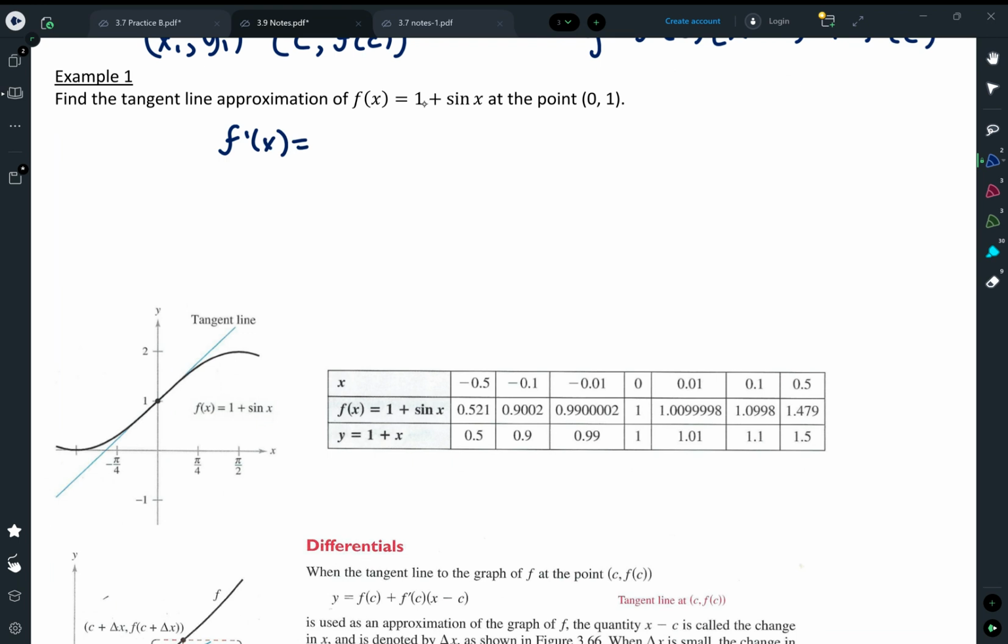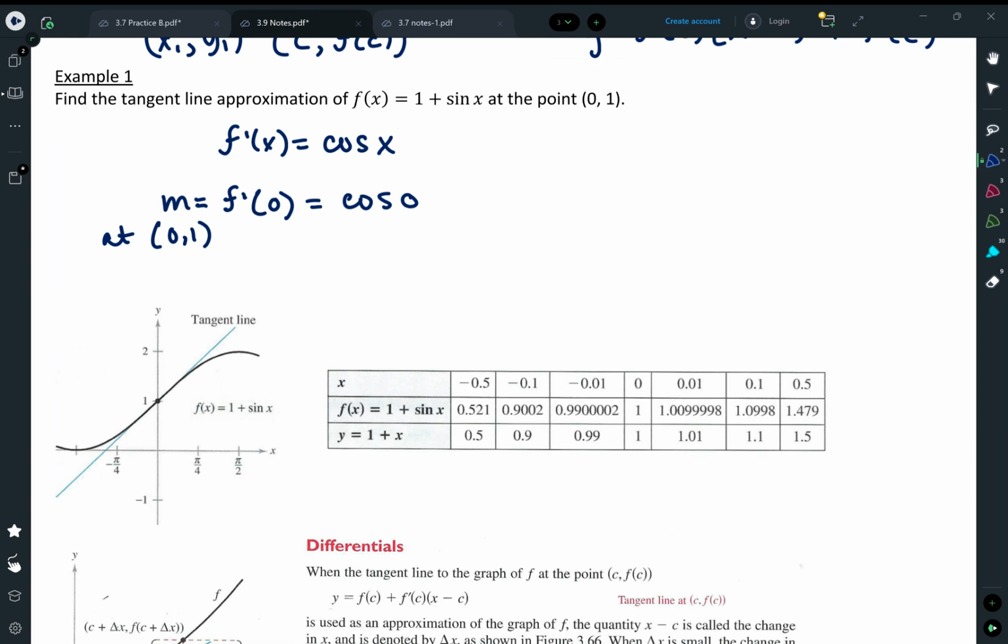Derivative of 1 is 0. Derivative of sine x is going to be cosine x. And then if we want to find our slope, we want to find our derivative at that point, at 0, 1. We want to find the value of the derivative at that point. So that means my x is 0, my y is 1. We only have an x here. So my slope at 0, comma 1 is going to be f prime of 0, which is going to equal